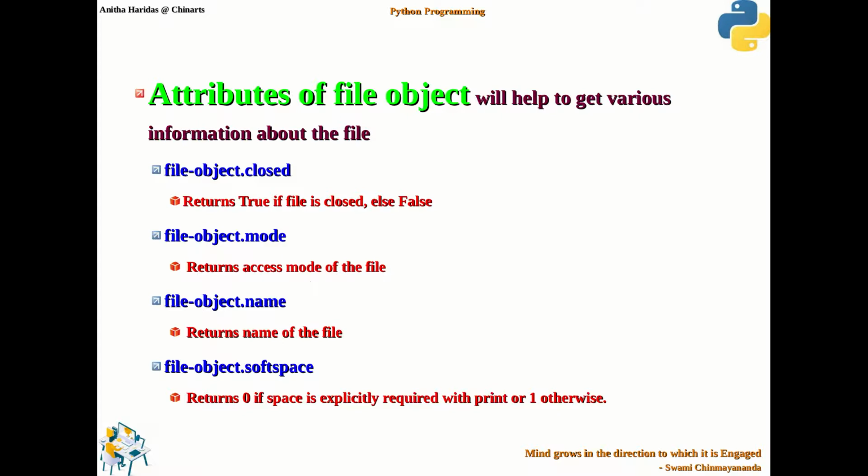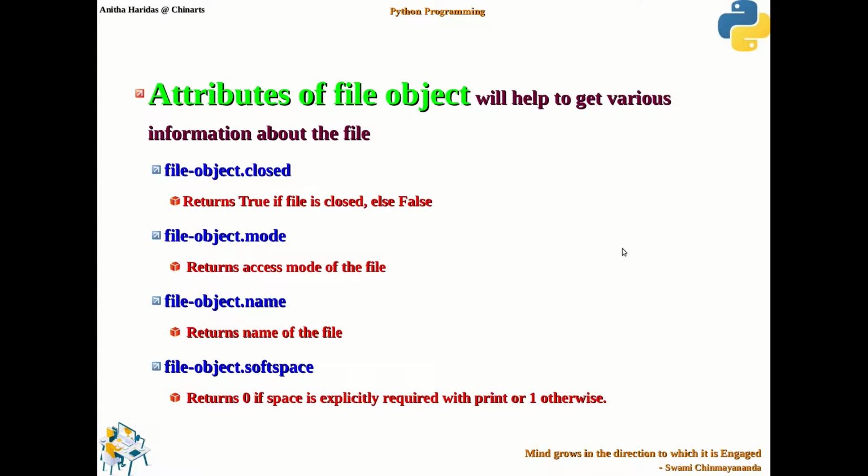Then we have file object dot name, which will return the name of the file you have opened. And softspace returns 0 if a space is explicitly required with print or 1 otherwise, right? So if you want to have a space with print, then obviously it will be returning 0, otherwise it will be returning 1, right? So these are the four different attributes of the file object.